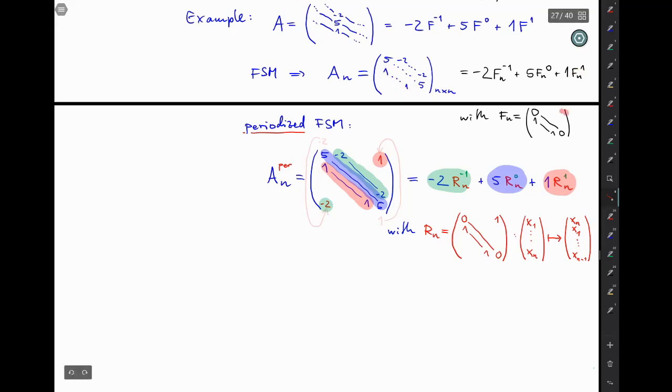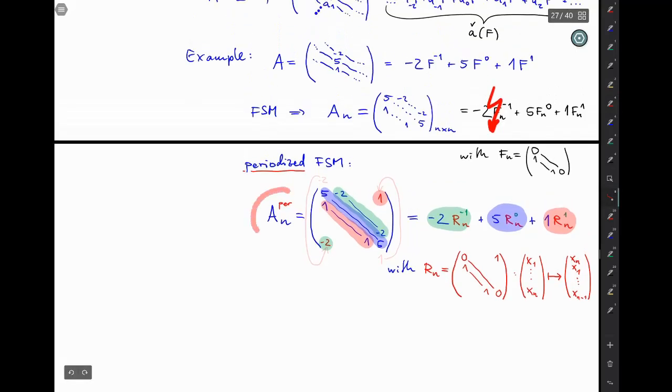But then that's not invertible. So it didn't inherit the invertibility from the infinite matrix that it comes from, which is the bi-infinite forward shift. And of course that gives you problems when you want to write down things like this. So this is not possible. Okay, but now let's see what the spectrum of the periodized finite section has to do with the spectrum of